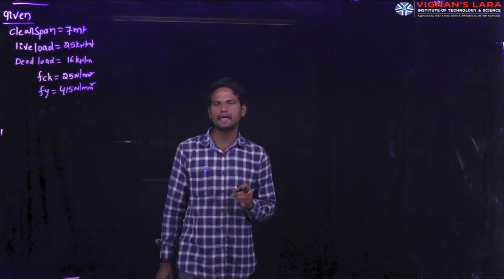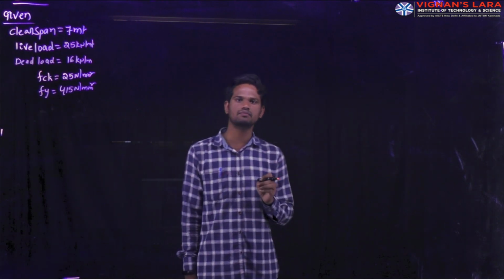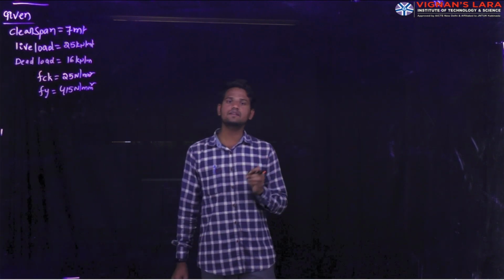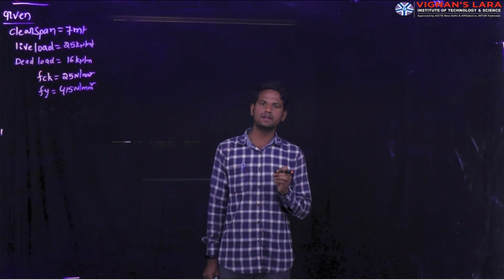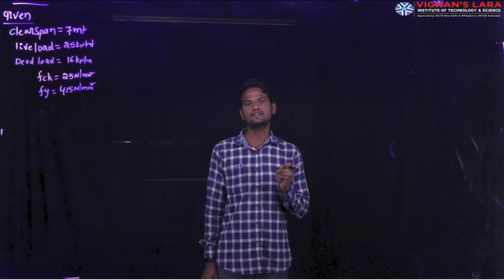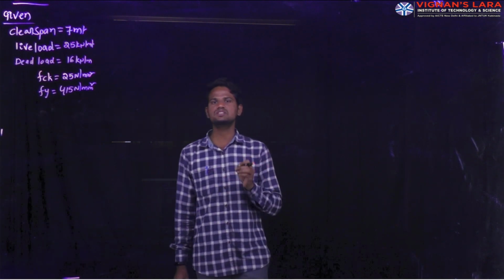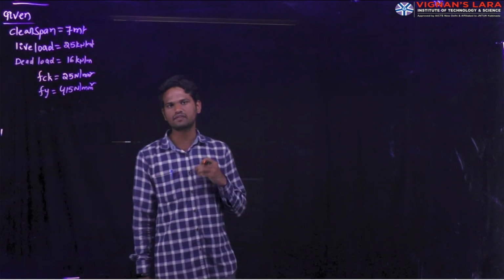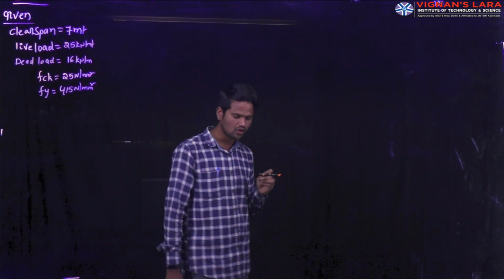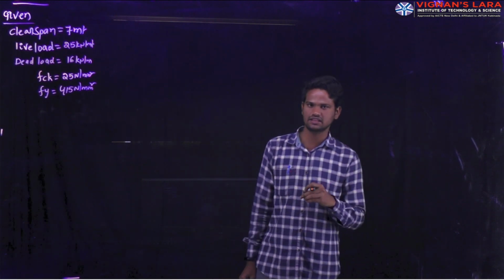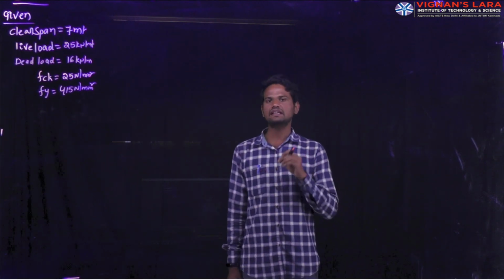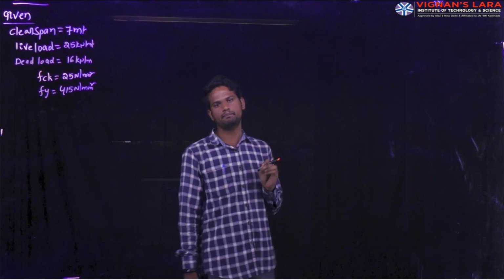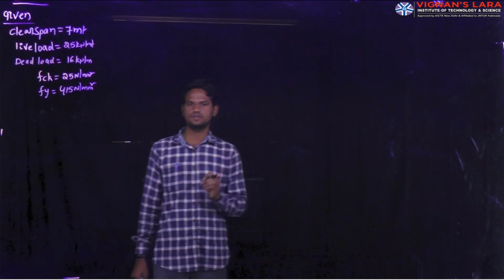That we have to calculate. That means we have to calculate the minimum reinforcement and maximum reinforcement. After that, we have to do the check for shear: how much shear is going to act on the beam, that we have to get. After that, we will check the design shear strength of the concrete. By considering all these design steps, the final step is control of deflection.